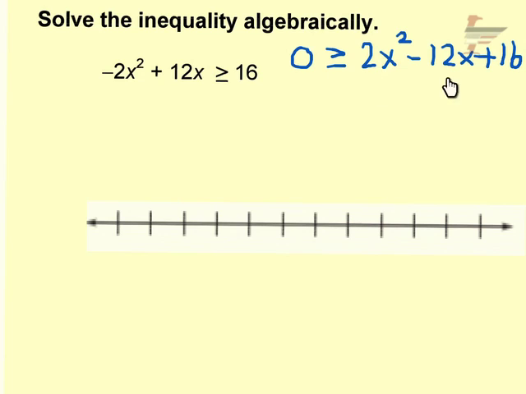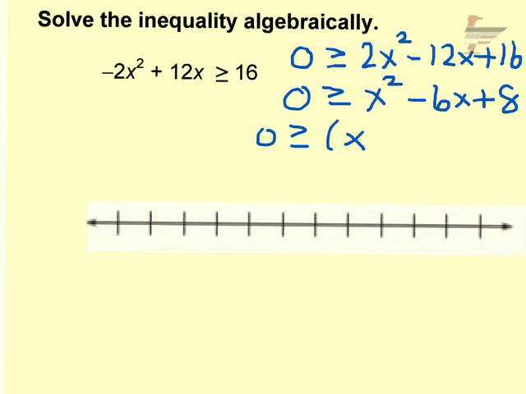Now everything is divisible by 2, so I'm just going to cut everything in half to make my life a little bit easier. And again, if you didn't catch that, it wouldn't be the end of the world. You would just have a little more thought process. And again, everything is factorable there, so it's going to be x minus 4 and x minus 2. Then you set the factors equal to 0, and your pivotal points are going to be a positive 4 and